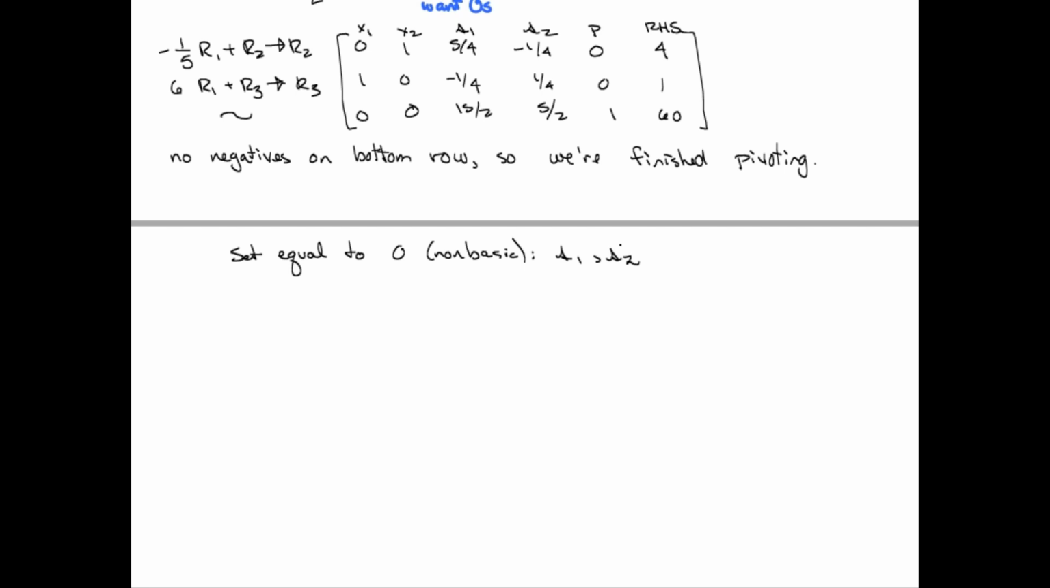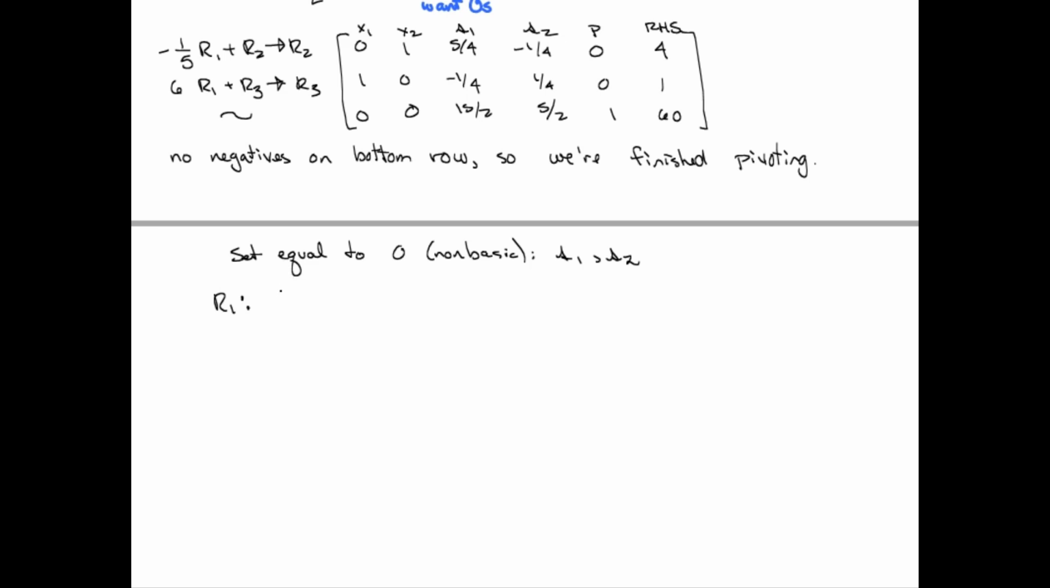Notice your P, your objective function column, will always be a basic variable. That column will always look like the column of an identity matrix. And the right-hand side is not a variable, so we don't think of that as a column with junk in it. So in this case, s1 and s2 are getting set equal to 0. That means my first row